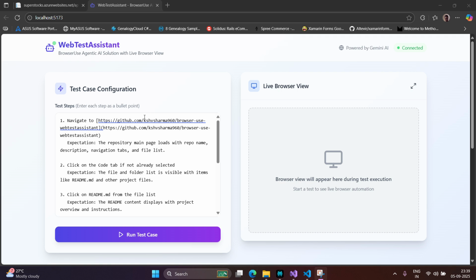So let's get started. I have a dummy application that is based out of Python and React for the front end, and it is hosted locally on my system. And we'll be trying to execute some use case. For example, we are taking